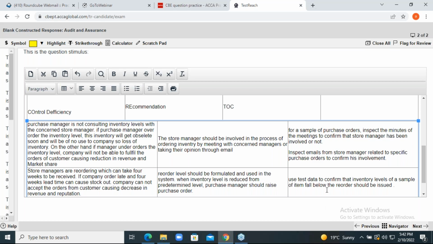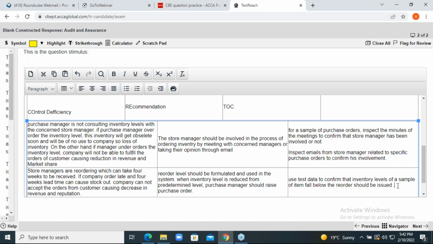So if you apply test data and confirm that when the inventory level of a specific item falls below the reorder level, it highlights and flags that there is a need to reorder this inventory. And we can also inquire with management regarding how reorder levels are calculated, how they are considered, what factors are taken into account, and